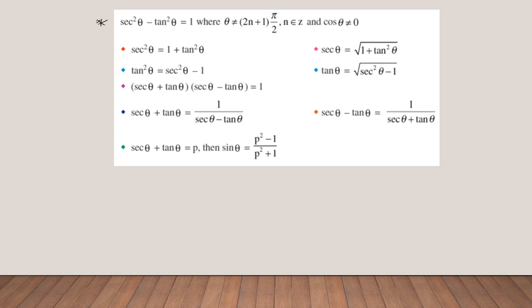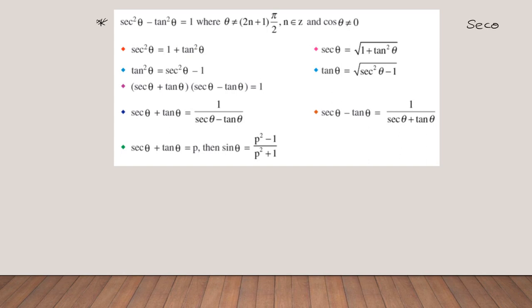But in these particular identities, it is totally different. Here, already in exercise number 2, when we discussed the values of trigonometric ratios, secant is not defined for 90 degrees and tan is also not defined for 90 degrees, right?